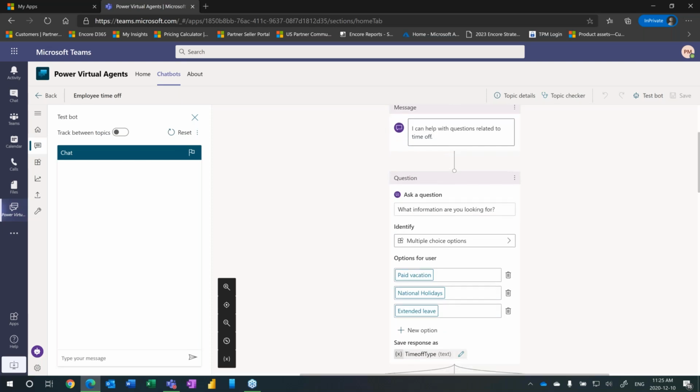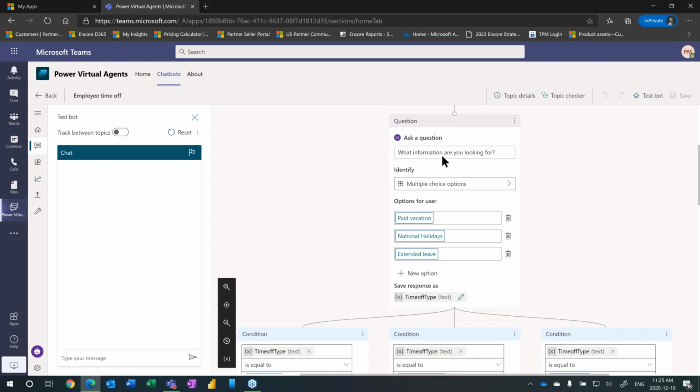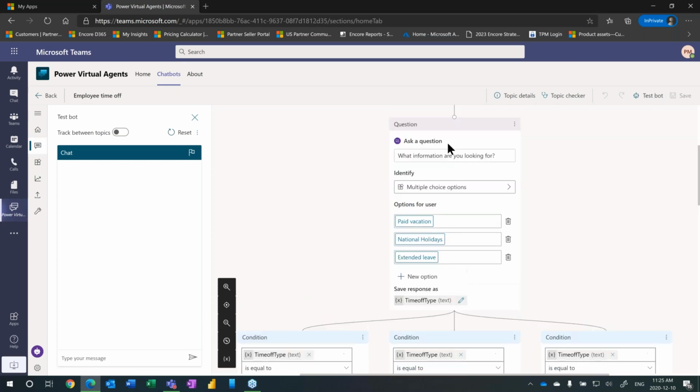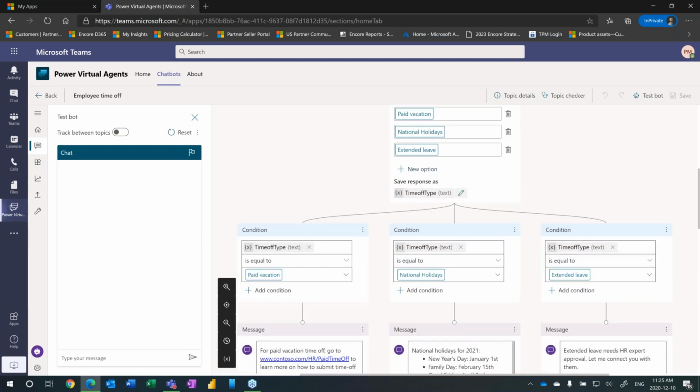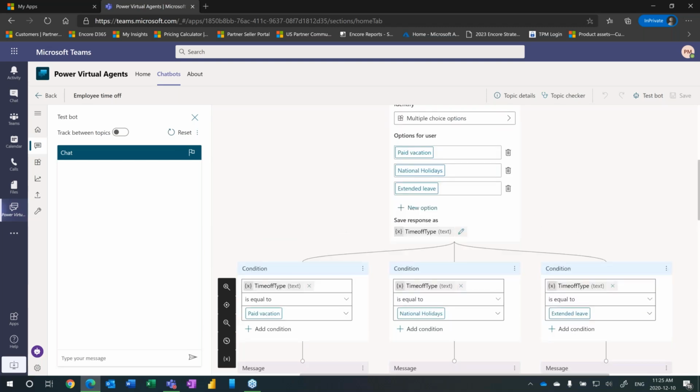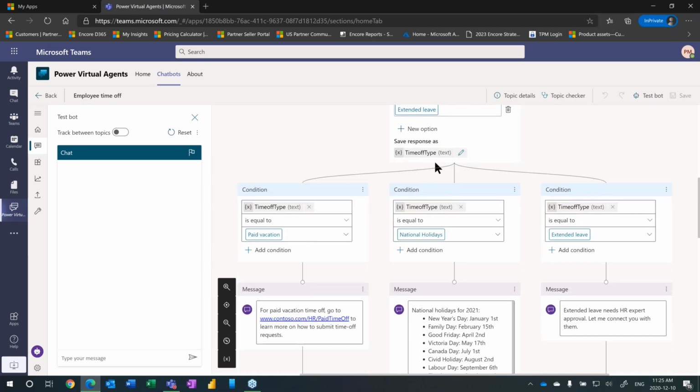So as you can see, there's no code really necessary here. Basically, I want to ask a question, so I added a question node with multiple choices and have the three choices attached. And as you add options, it automatically creates these branches for you. So again, you don't really need to do anything there.